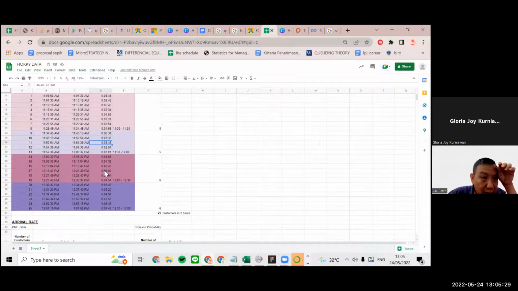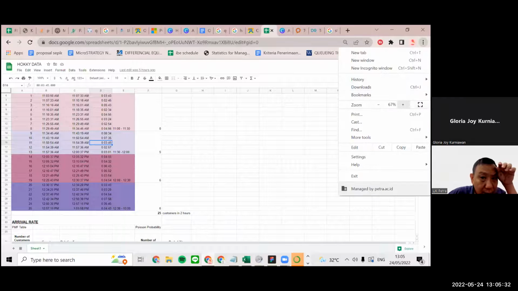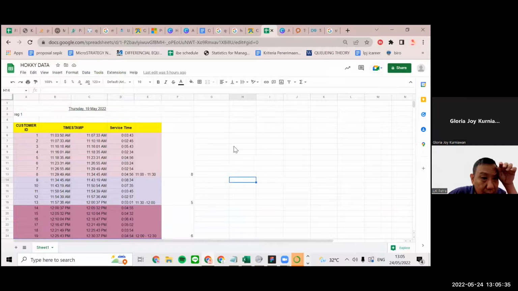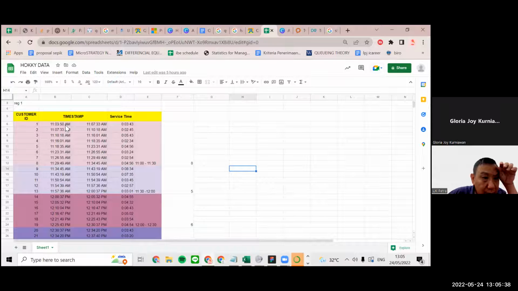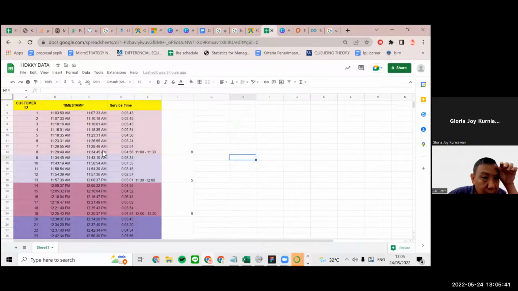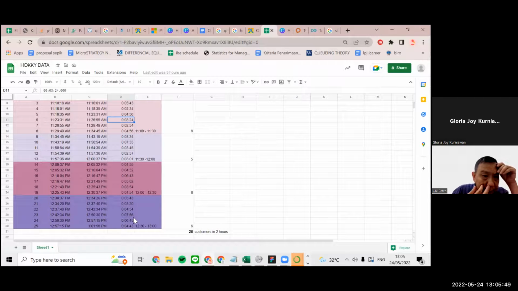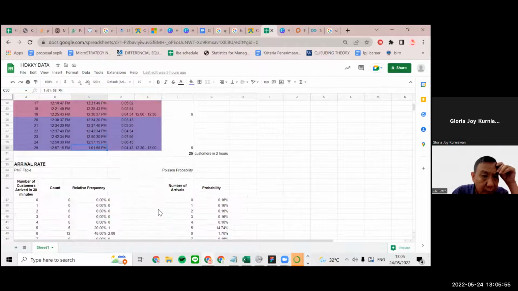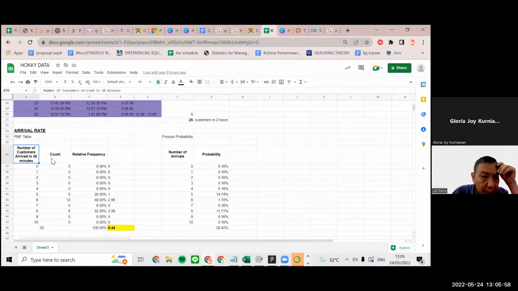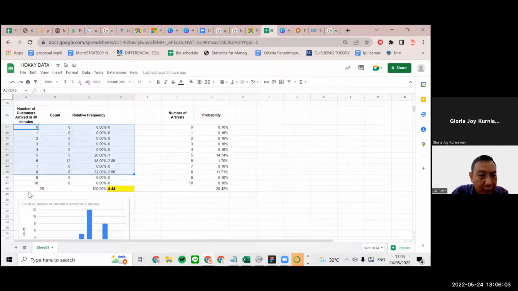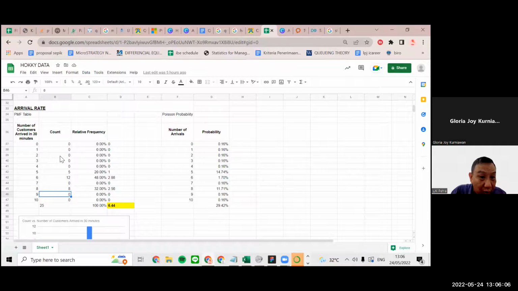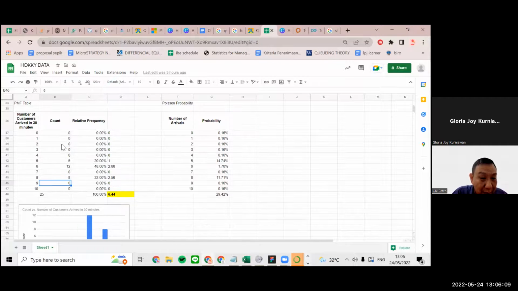This is the data that I got. How I collected it is, when a customer registers, I time their service time. I stopped at around 1 plus. For the arrival rate, I made it every 30 minutes. This is the one that you need to change a little: make it 5 minutes so there is more gradation, because it's only a lot of zeros, right? This is the problem.